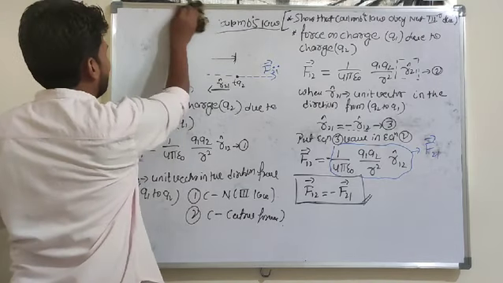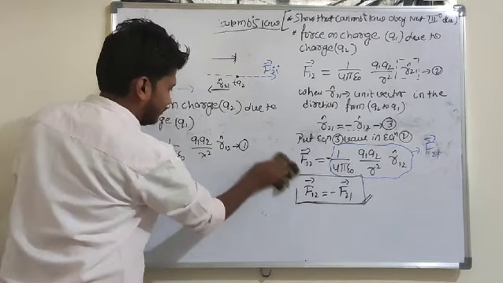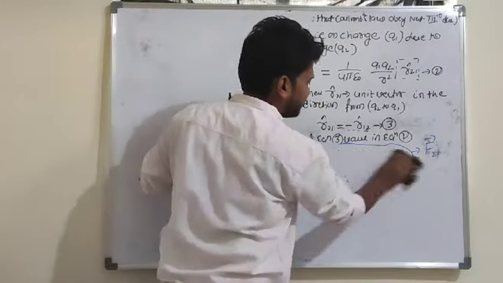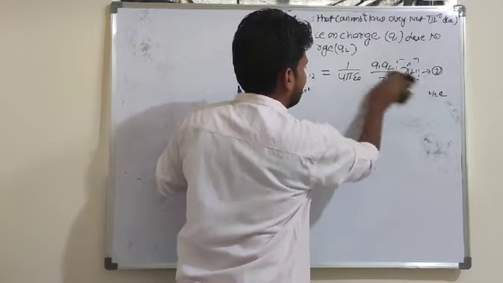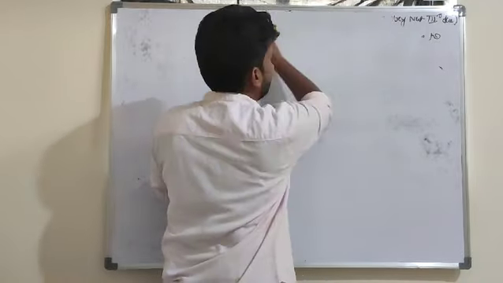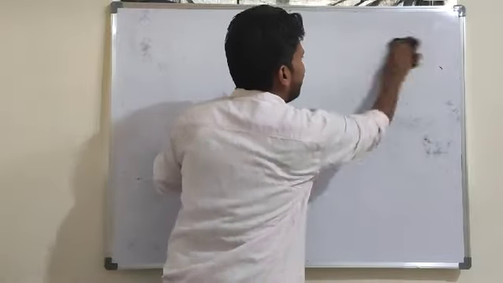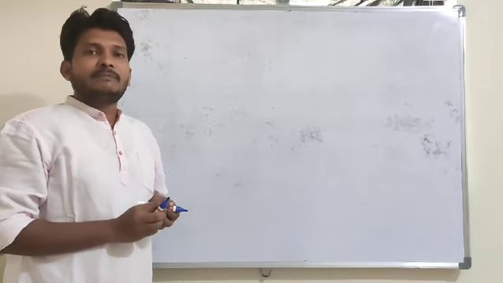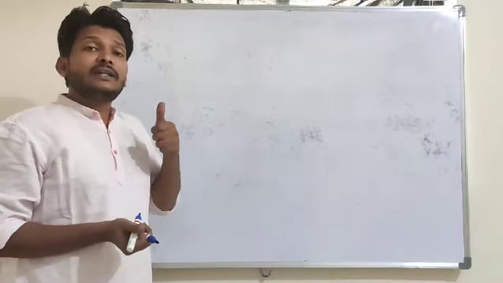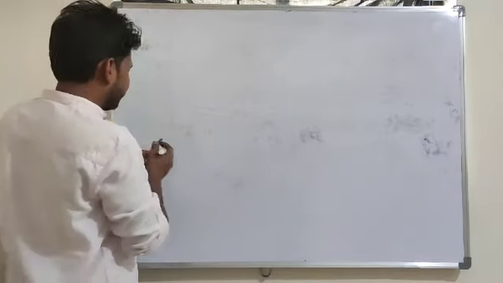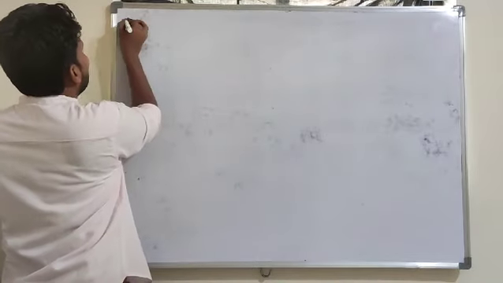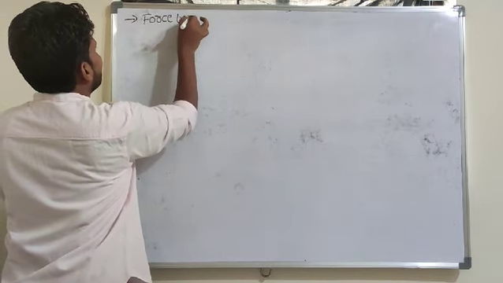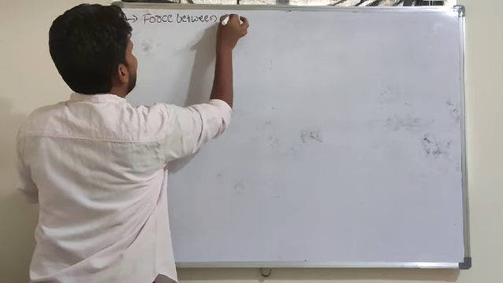From Coulomb's law we come to know that Coulomb's law obeys Newton's third law, as well as that Coulomb's law is a central force. Coulomb's law explains only the force between two charges. In all situations there may not be only two charges. If multiple charges are there, then how do we find the force between multiple charges?